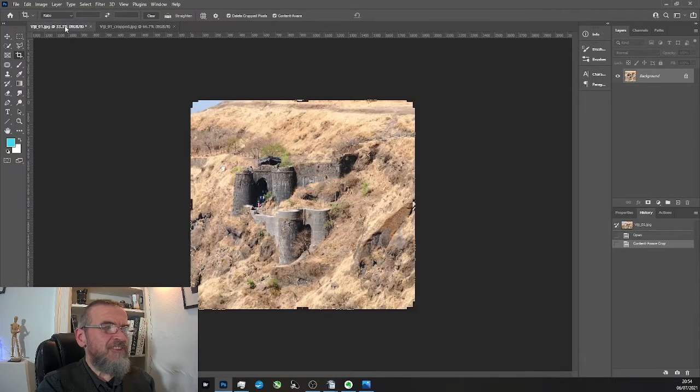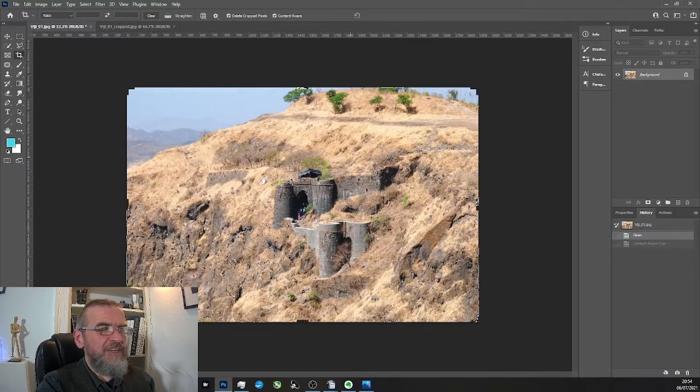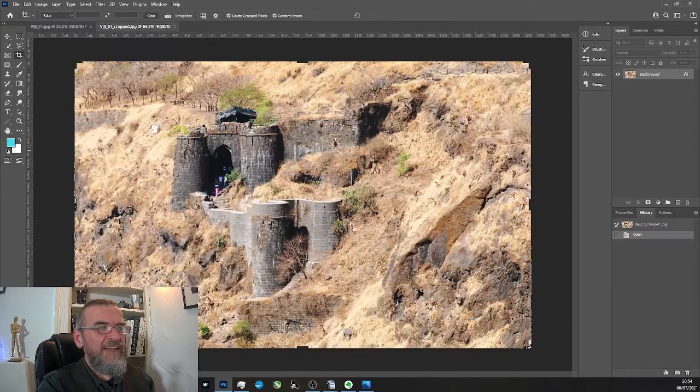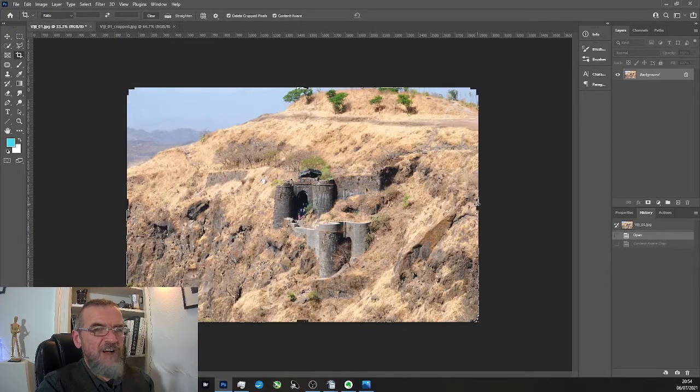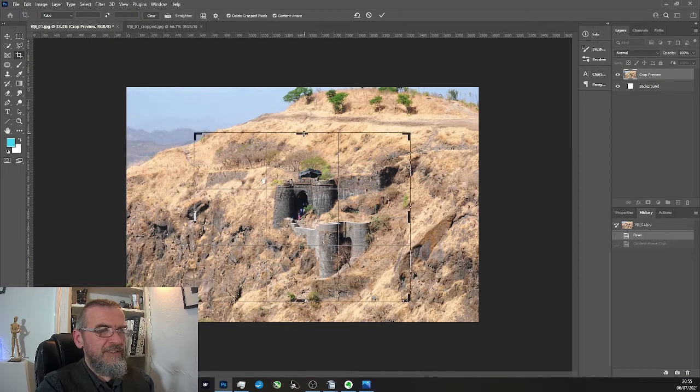If we look back at the original photo, it really feels like the photo sweeps from the right towards the left. Although the doors of the gateways are facing off to the right, the cliff face itself is facing to the left. And as such, it feels like we should essentially have shifted it in the other direction. So that rather than having all the space to the right, you want to have more space to the left, I think. And if you were to do something a little bit more like this, if you were deciding that cropping in was important, then